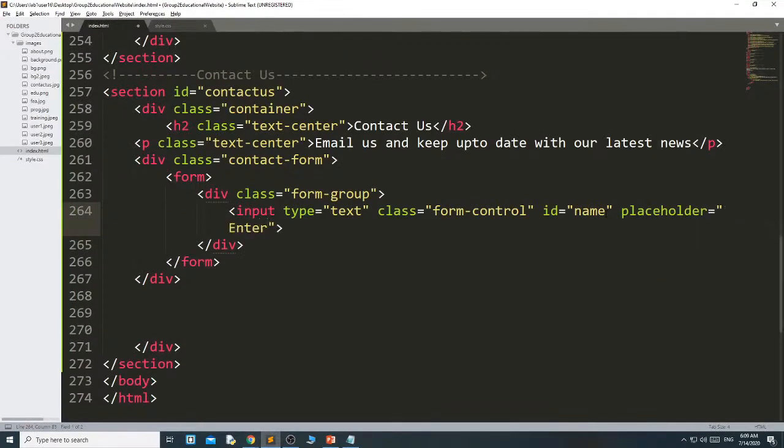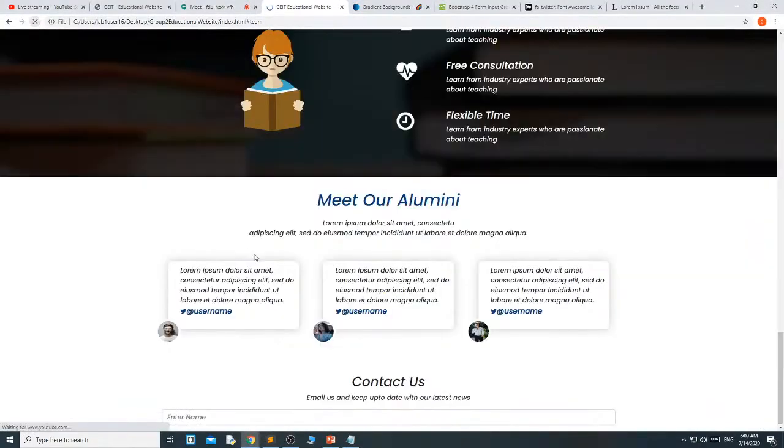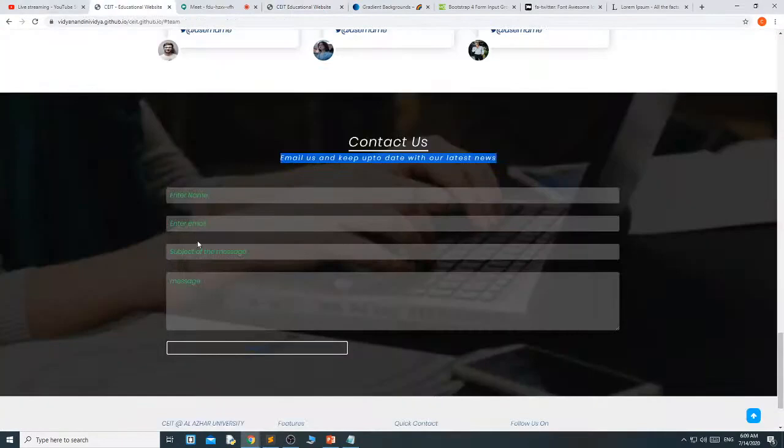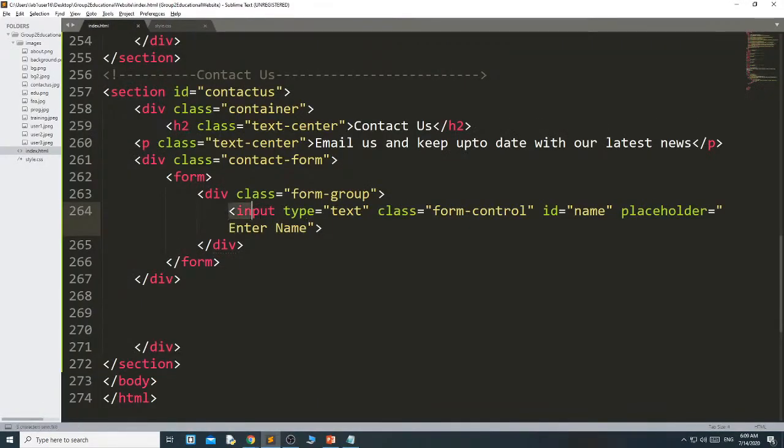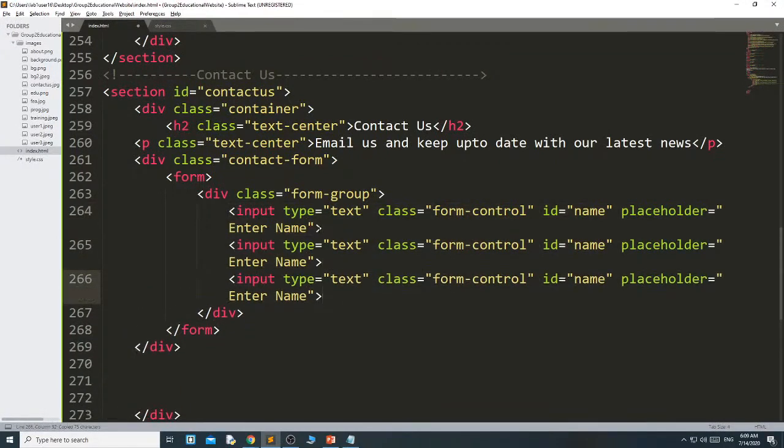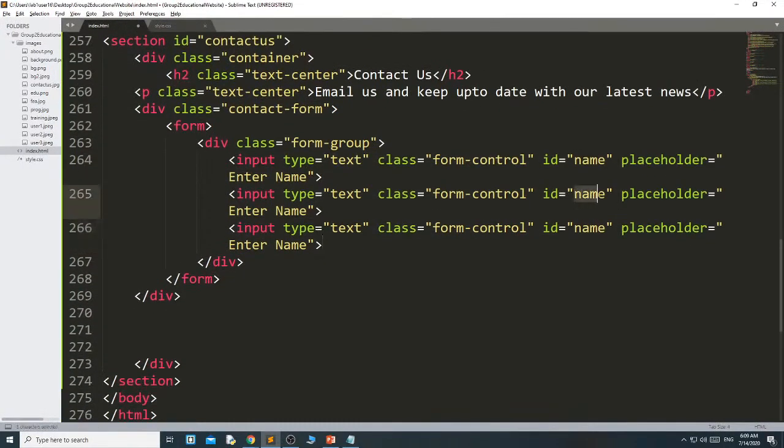Enter name. See, enter name. Like this I need 2 more input text. Then what I can do? Copy, paste, then ID email, but for email input type equal to email, and placeholder, enter email.